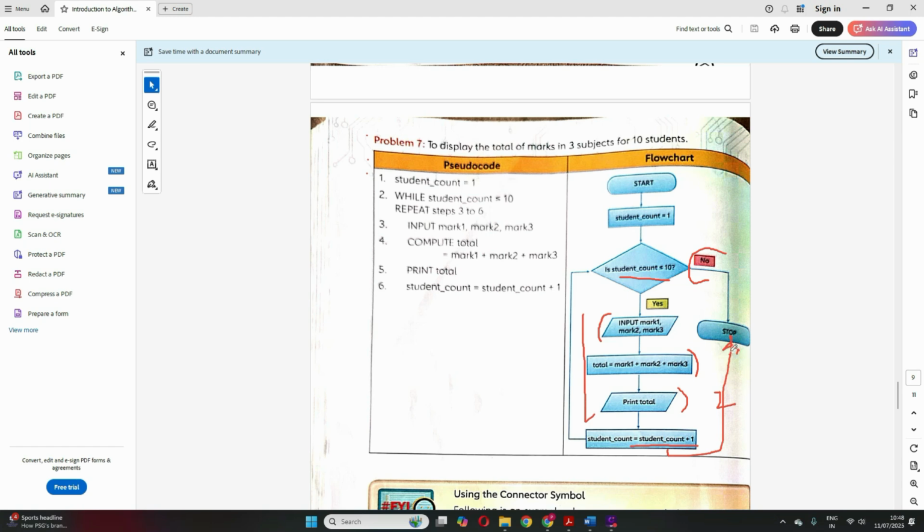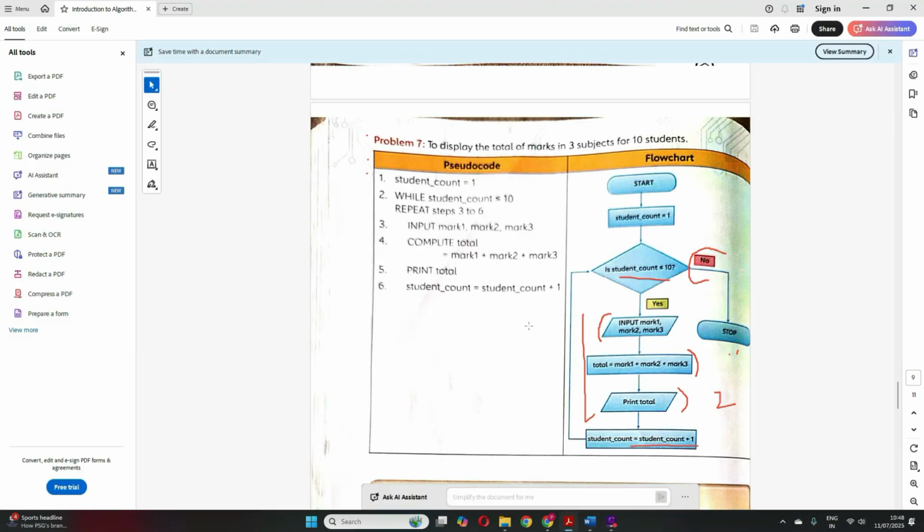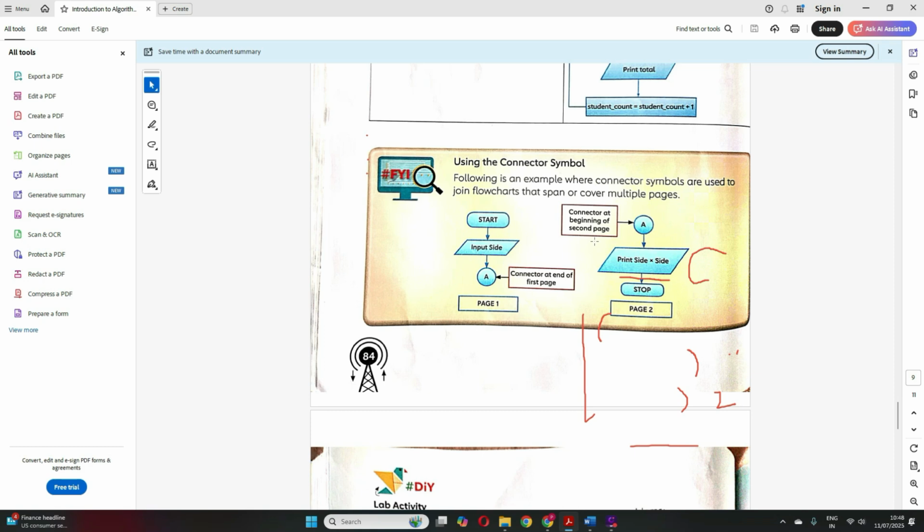Okay, so I hope it is clear. Okay, students, I think this is wrong. This should not go here, right? Correct. This should not go here because stop will only come when this condition is not satisfied, not from this line. The same mistake I made here. So this stop will not come here. This will go up only, and stop will only come when this is no, and the stop will come here. Clear? So I hope this complete chapter is very clear.